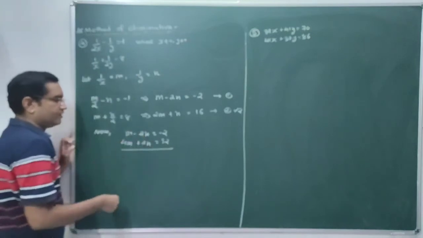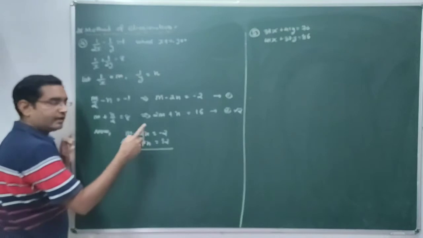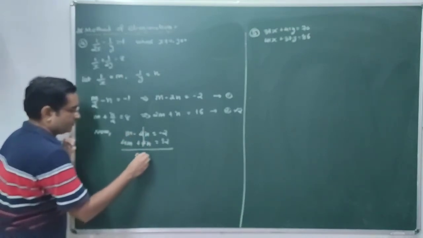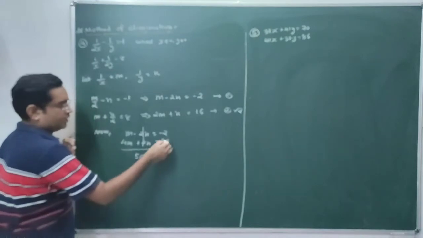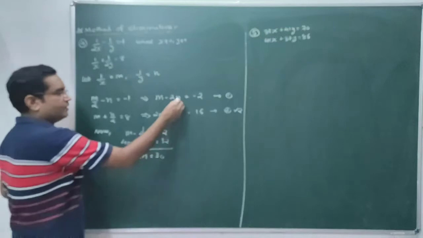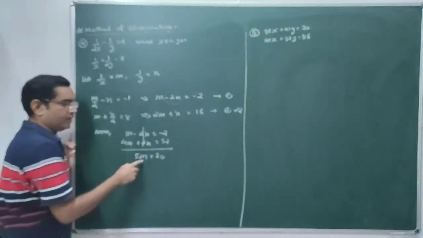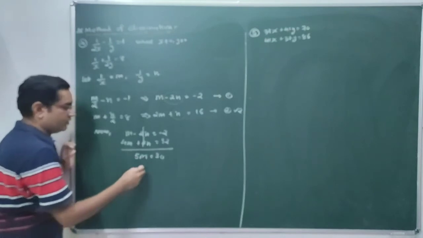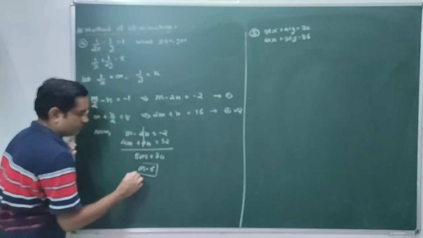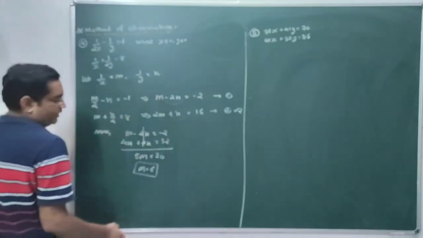So the signs are different, so perform addition of these equations. So this will be eliminated. Variable n will be eliminated. This one is 5m. 5m equal to 32 minus 2, which is 30. So by eliminating the variable n, we are getting one linear equation in one variable in terms of m. So on solving this equation, we get the value of variable m, which is equal to 6. 5m is 30.